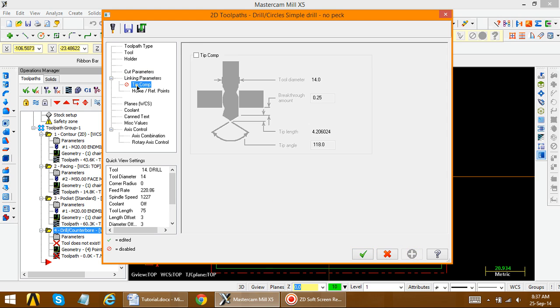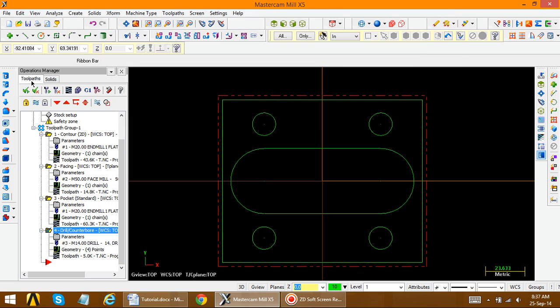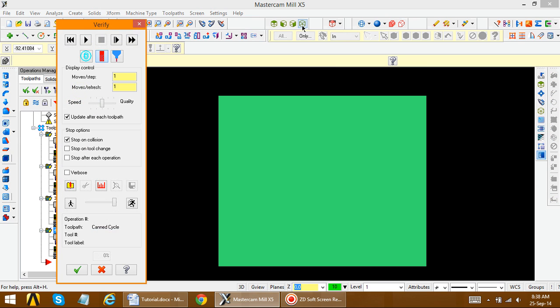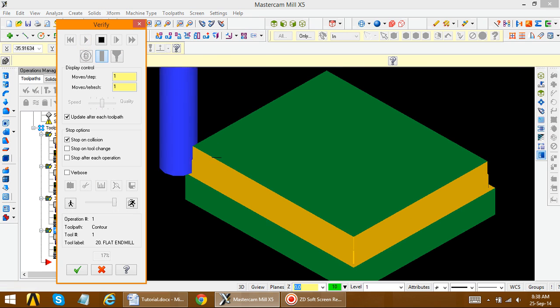Apply. Tip of component, suppose now in this we have to perform the through drill. So here this should be turned on, just click on, apply. Coolant, any one of these coolant is turned on, apply. Okay, now just select again all operations, backplot all operations, verify the geometry, again go to isometric view and just machine.